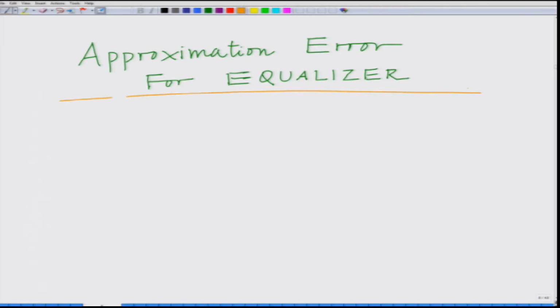And as we have already seen, let us begin with the ISI channel model. Consider your ISI or inter-symbol interference channel